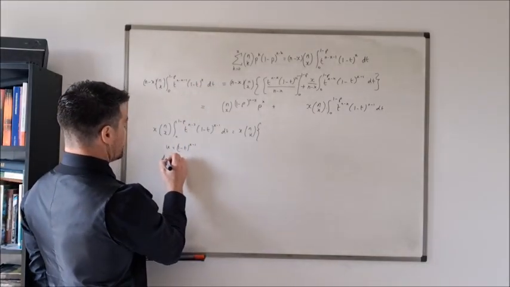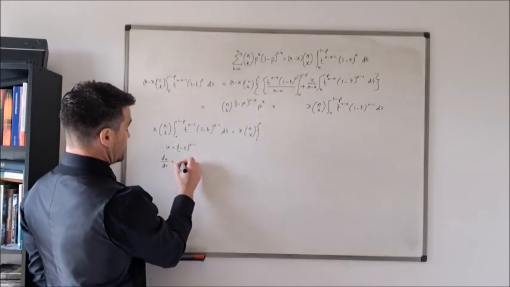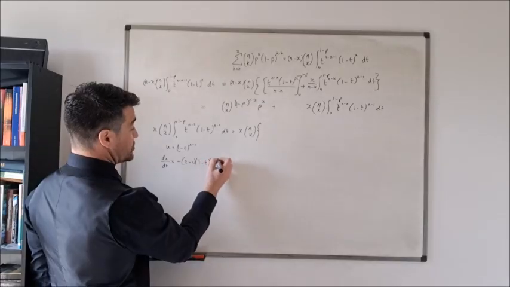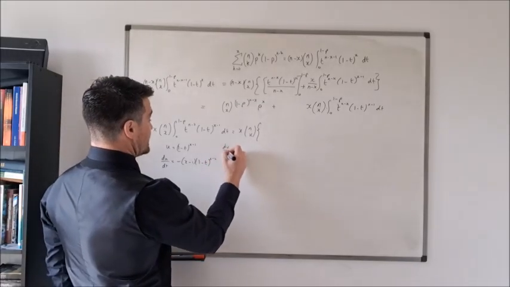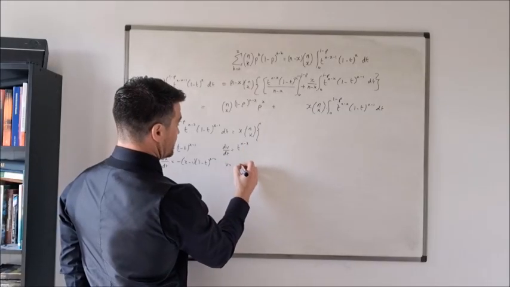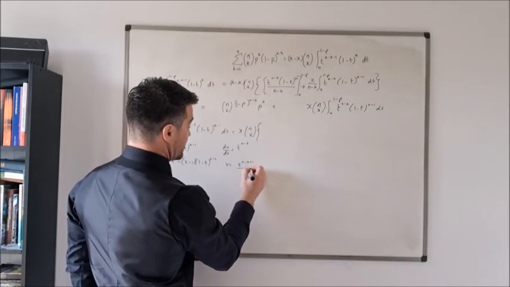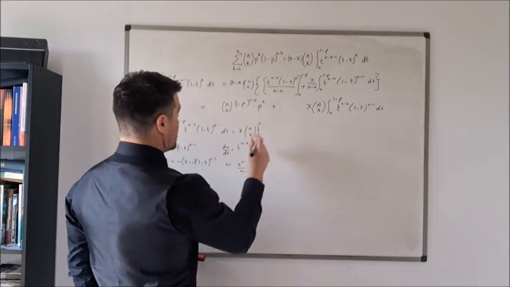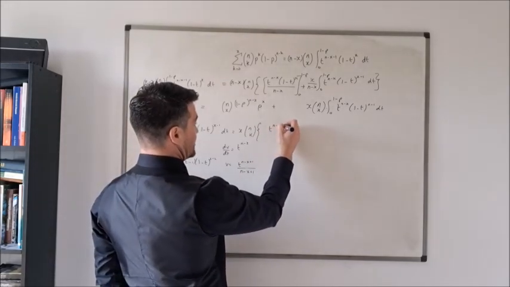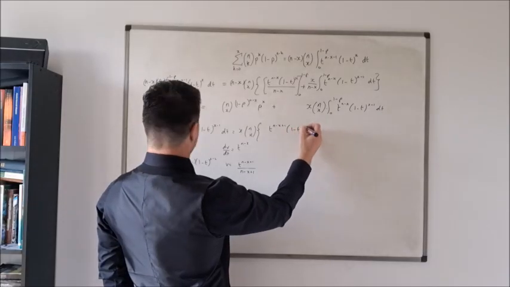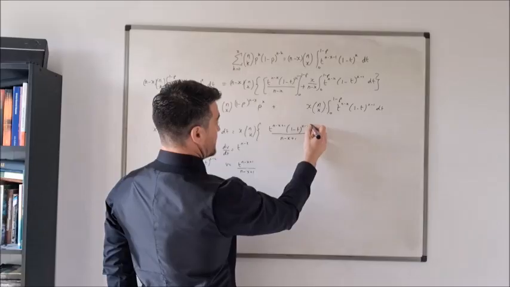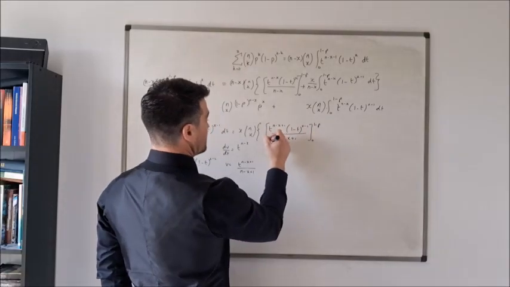So what does that give me? du by dt is going to be minus x minus 1 times 1 minus t to the x minus 2. dv by dt is equal to t to the power of n minus x. V is therefore equal to t to the power of n minus x plus 1 over n minus x plus 1. So here I get u times v, t to the power of n minus x plus 1, 1 minus t to the power of x minus 1 over n minus x plus 1, between 0 and 1 minus p,